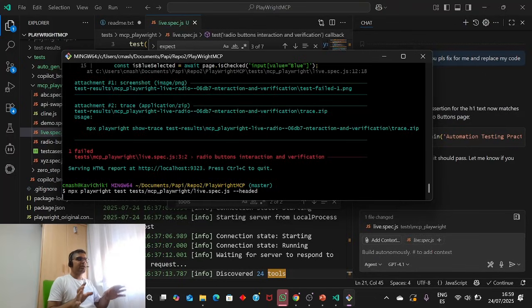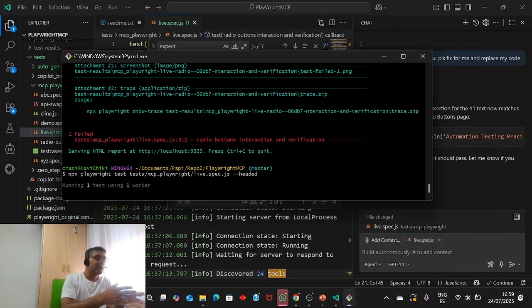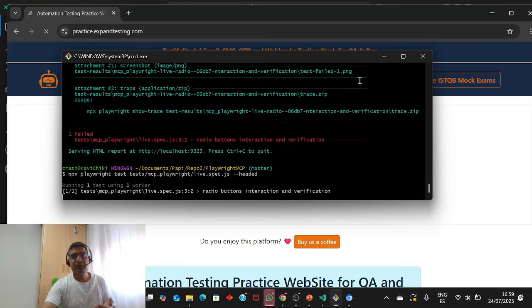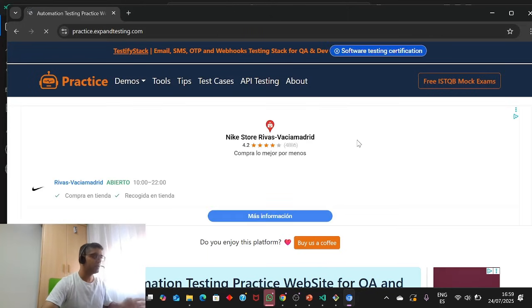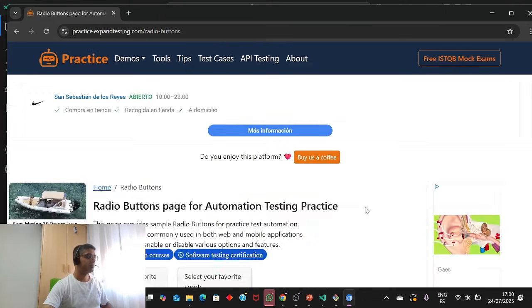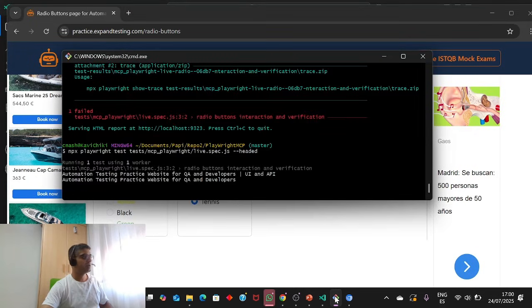So this is basically the magic: you can just find the error. It's okay to get the error, right? Because in automation we always find errors. So rather than debugging, we simply copy the prompt, copy the error, paste it, and then let them fix it. So you can see this is the advantage of MCP which I'm talking about. You will find some issues in code, that's totally okay, but we have the solution as well. Okay, I think this is the default selection. Is it running or not? Yeah, it is still running.